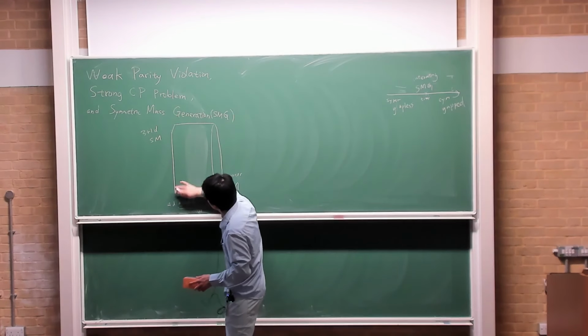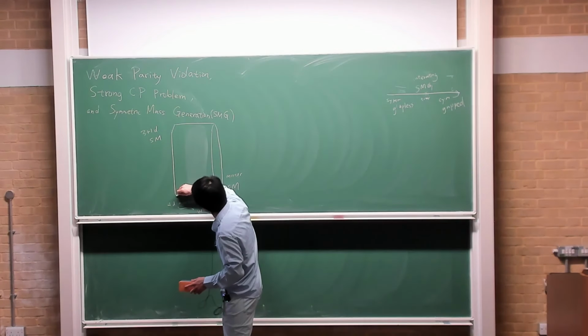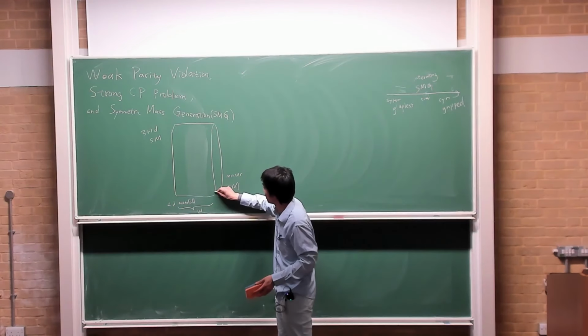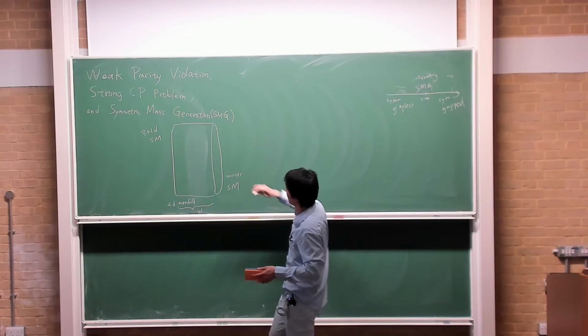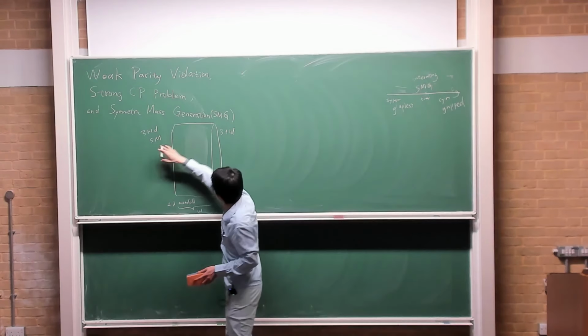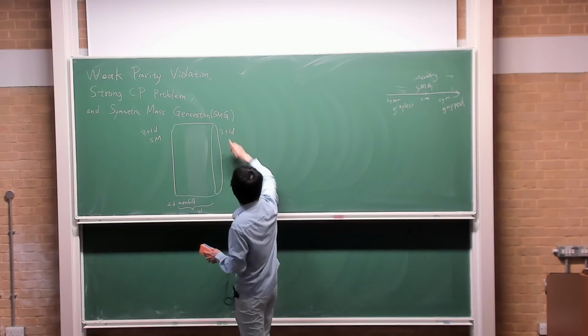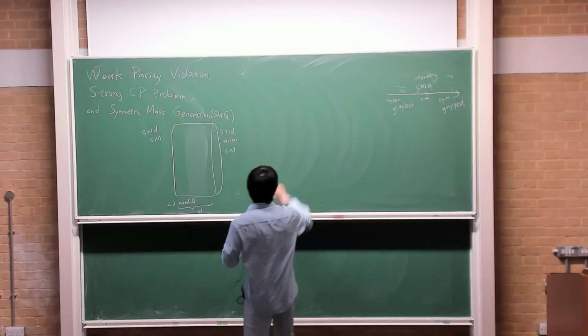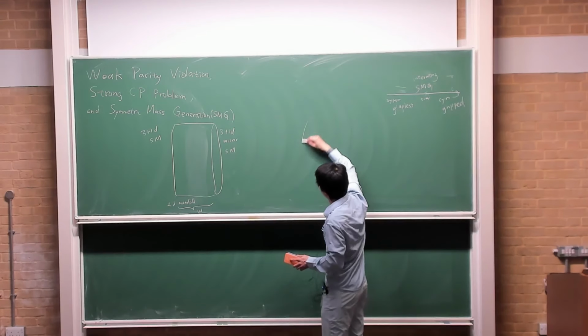So to make it more clear, this actually has a lot of connection to condensed matter physicists when they study quantum Hall states, which I'll make an analogy with very soon. So let me just draw it anyway. 3+1D standard model, 3+1D mirror standard model. Okay, so let's make an analogy for condensed matter.